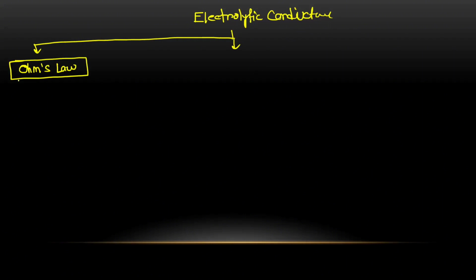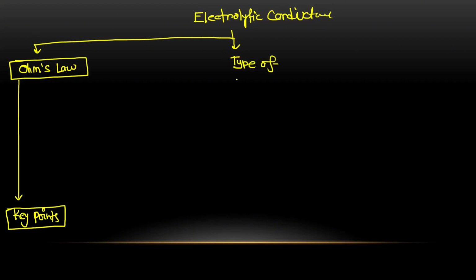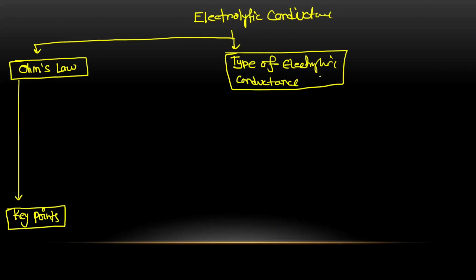Next, after discussing Ohm's law, we will be discussing some key points about it. These will be very important points which you should know about Ohm's law. Second, we will be discussing the types of electrolytic conductance. There are three types of electrolytic conductance, and we will discuss all of them. The three types are